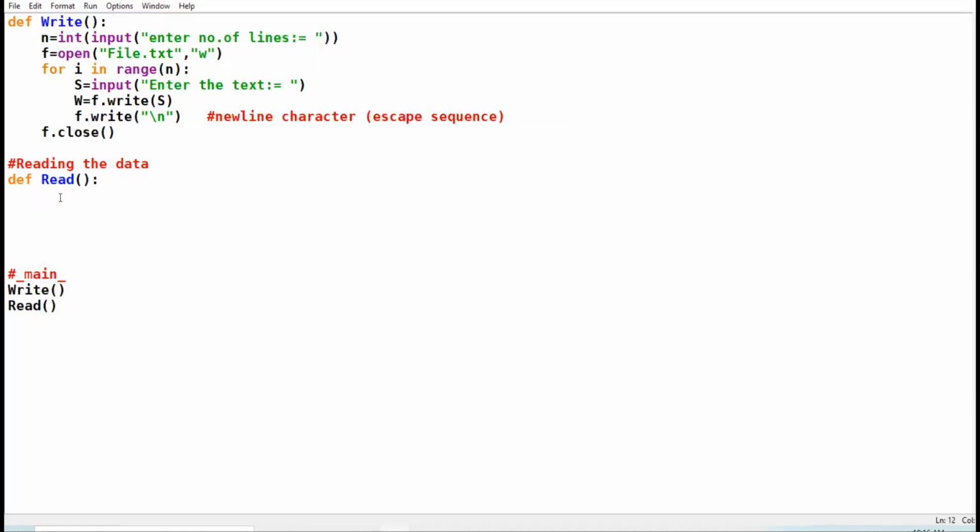Now I have to read the data, so I am taking the open function. My file name is file.txt. I am opening the file in read mode.